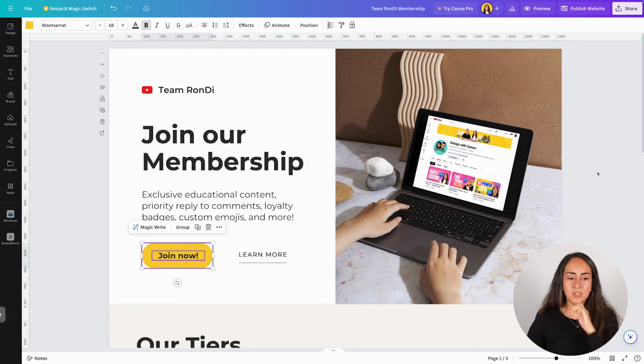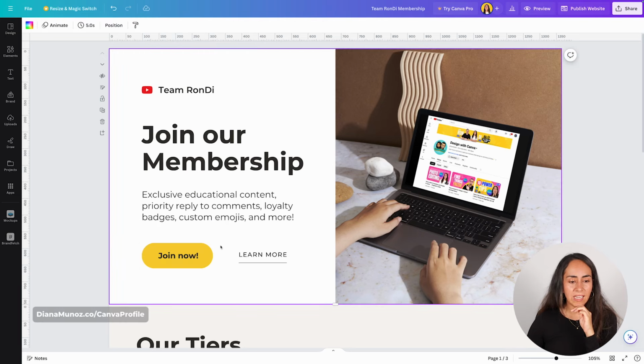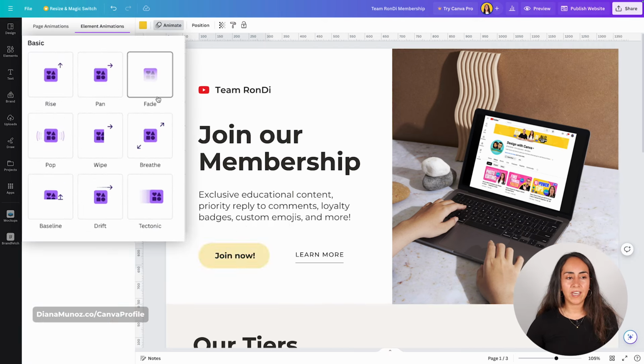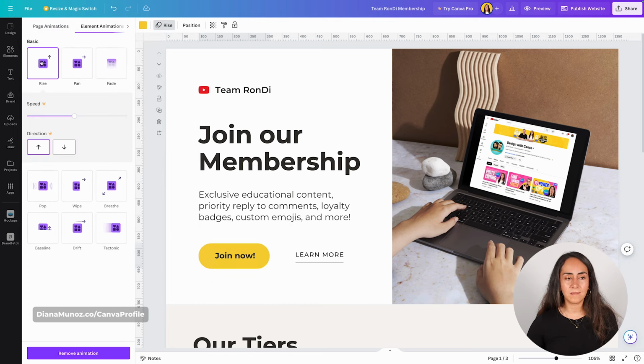I'm going to add a little animation, so every time that we land on the website, you see the button appearing. So I'm going to select this shape and then go to animate. From here you have all of these free animations, so you can hover on any of them to preview them on your element and select the one that you prefer. I'm going to use the one called Rise, and I'm also going to add the same animation to this text